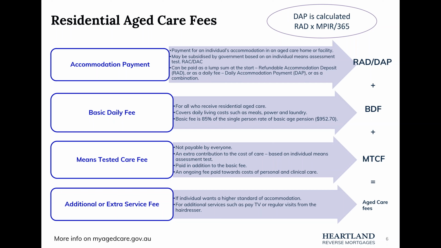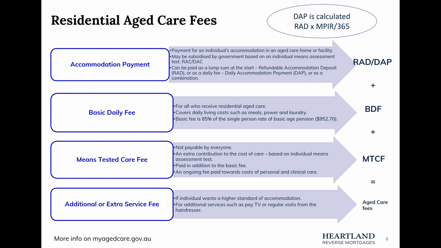But it can be paid in two different ways. First being the lump sum, which is paid right at the start of accommodation. And this is what is called a refundable accommodation deposit, or the RAD. And this is usually what is very expensive. So they can range between $50,000 right up to $2 million. And in my experience with reverse mortgages, I actually see them to be around $500,000 to $600,000 as well. A lot of the time, it's not ideal.